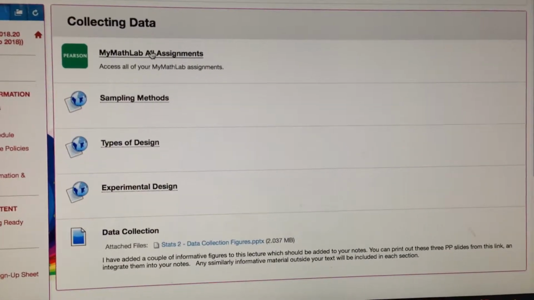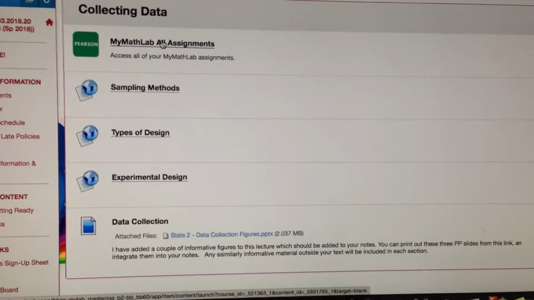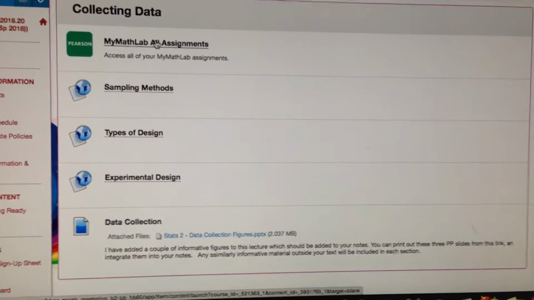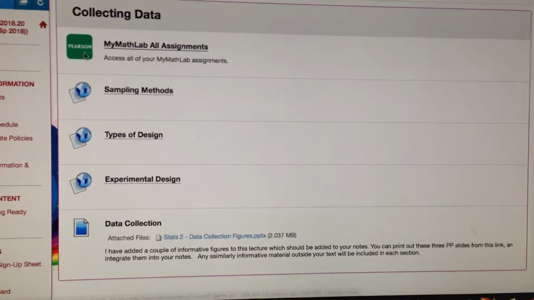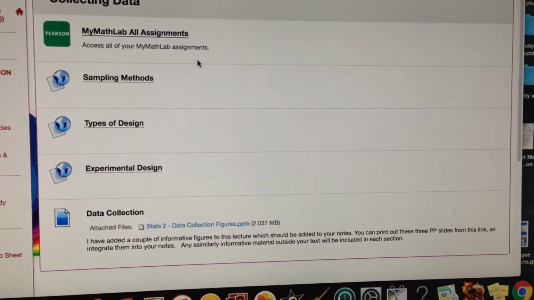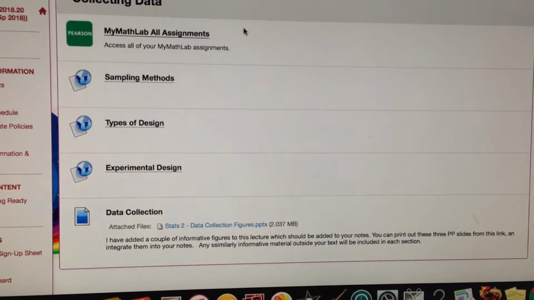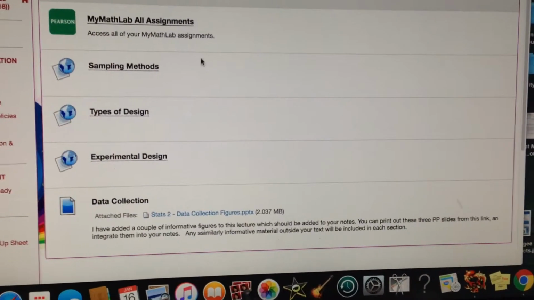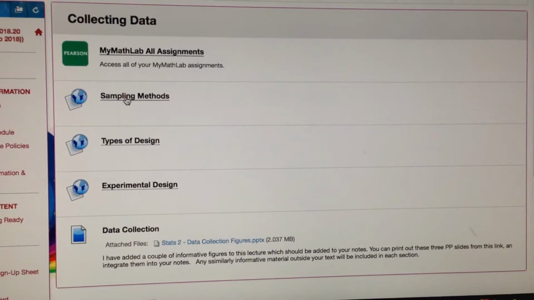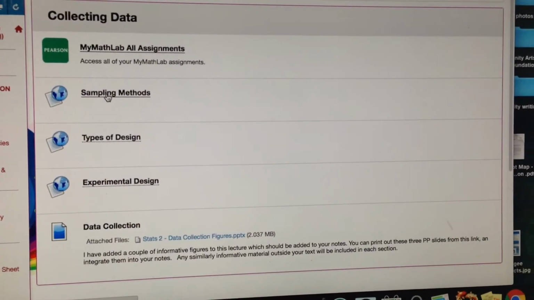So that's where you're going to go to do your warm-up quiz. Also, if you have an ebook, you're going to find that those chapters are also located on the Pearson site. All right, let me know if you have any difficulty getting to those. So you're going to do your reading, you're going to do the warm-up quiz, and then you're going to come down here and you're going to start watching these videos. So each of these videos, right, so if I'm sticking here and I click on this one here,